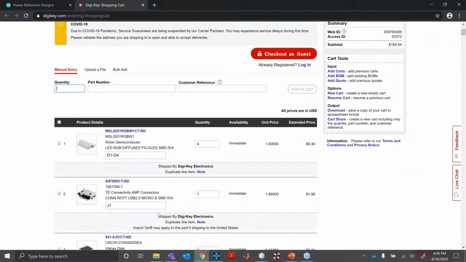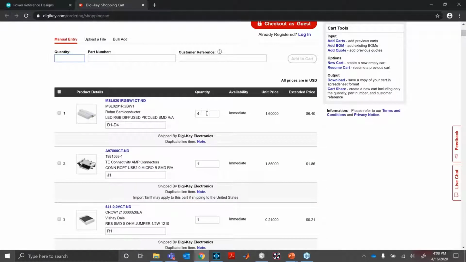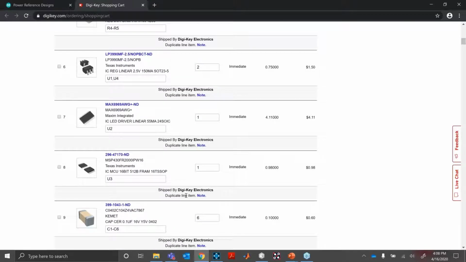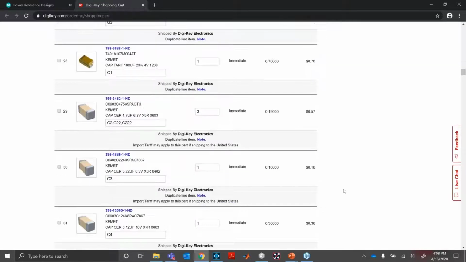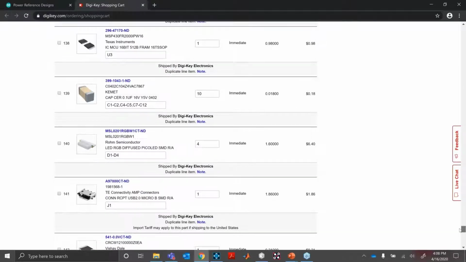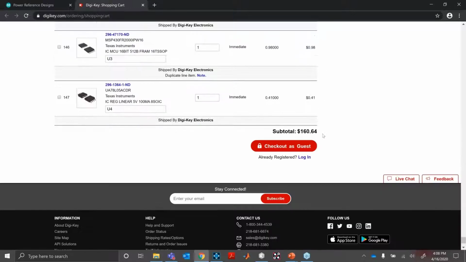So you can see here each of the components that I've picked out and the quantity to match what was on my design have been specified for me. I can go through and look and verify my parts. And down at the very bottom now, I'll see a quote from my